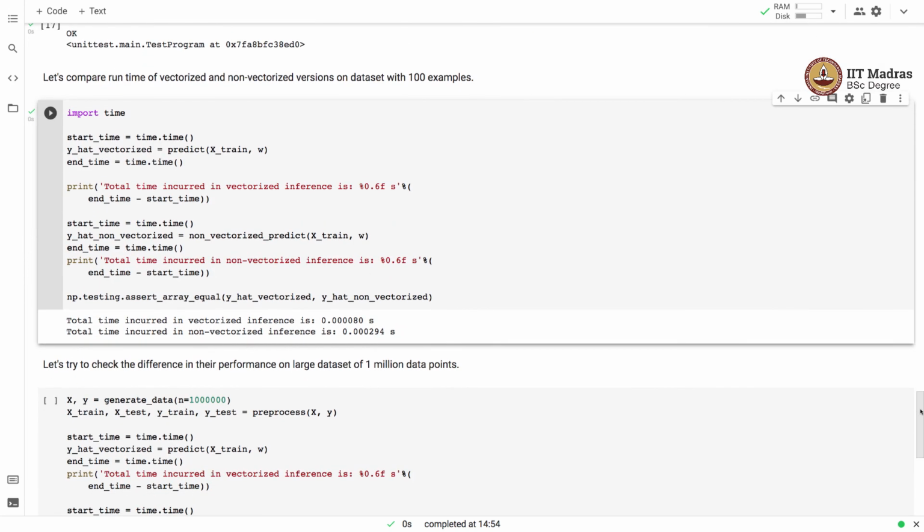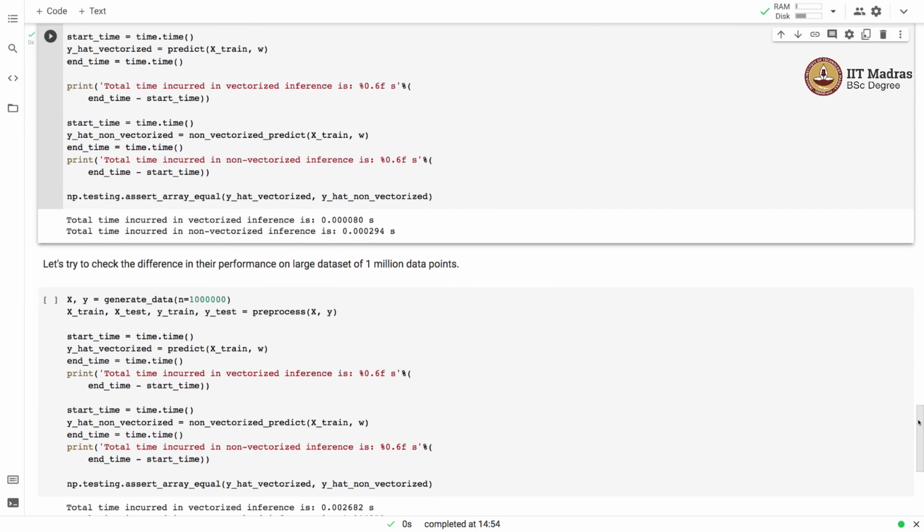Since we did this experiment on a smaller data set, we will construct a larger data set with more examples and test the performance of vectorized and non-vectorized inference procedures.